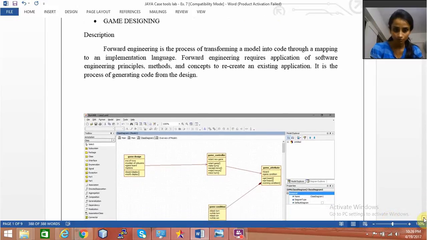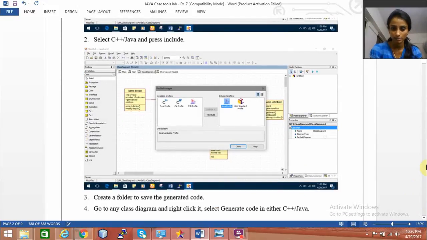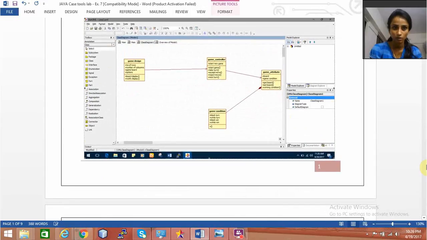So this is my class diagram: the game design, game controller, game attribute, and game condition. That is my class diagram. That class diagram, I'm going to convert it using